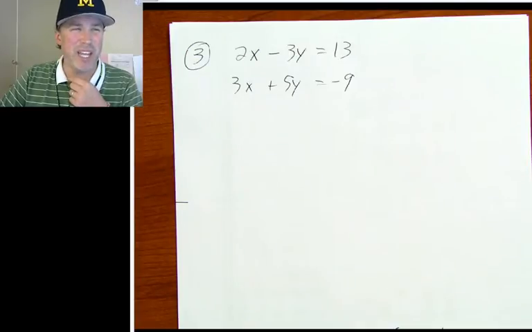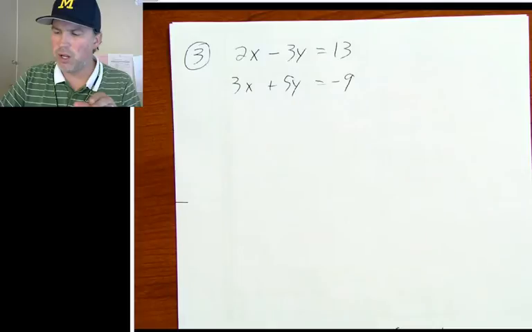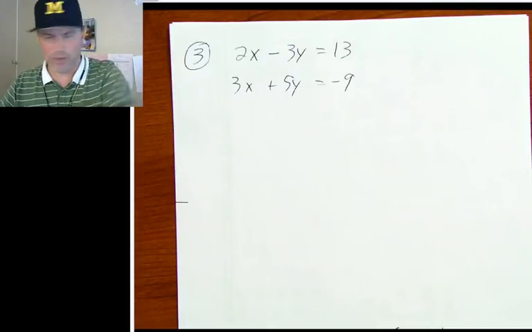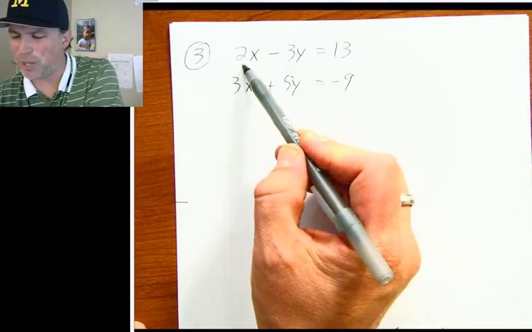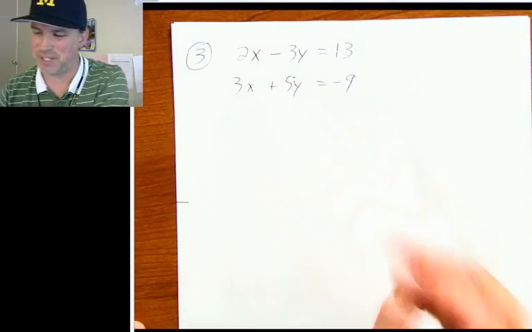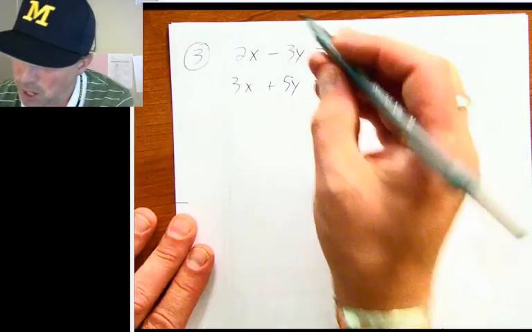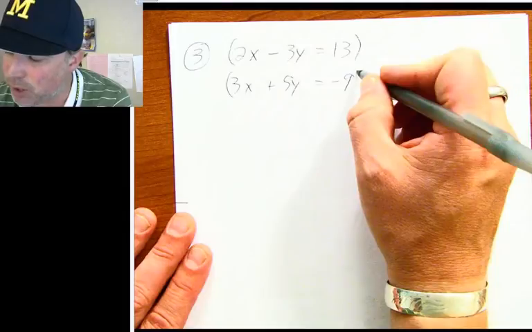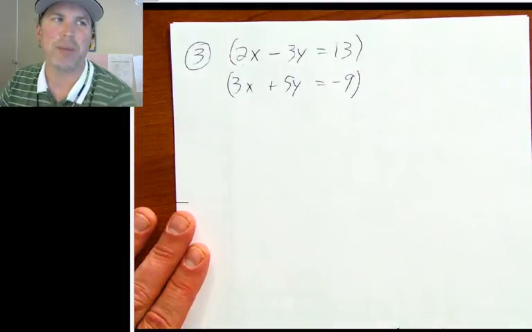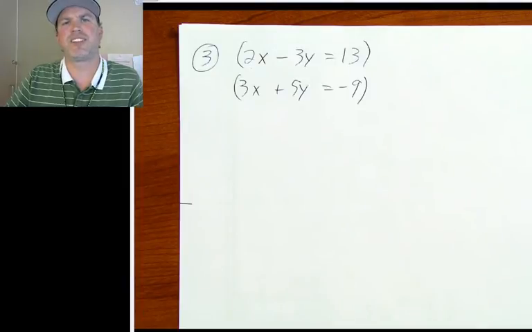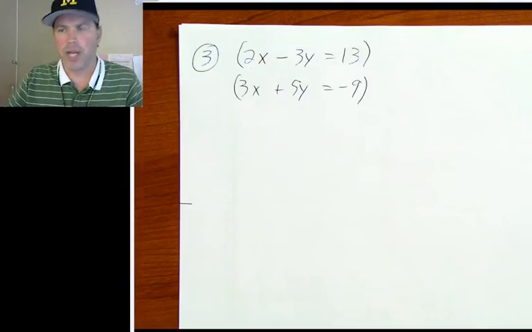So I can't multiply one equation by a number and get it to cancel out with the other one. I guess I could multiply this 2 by 1.5, but then I'm going to be getting into ugly decimals, and I don't want to do that. So when you can't multiply one equation by a number, that means you're going to have to multiply both equations by a number. And the advice I give is to look for a positive negative,